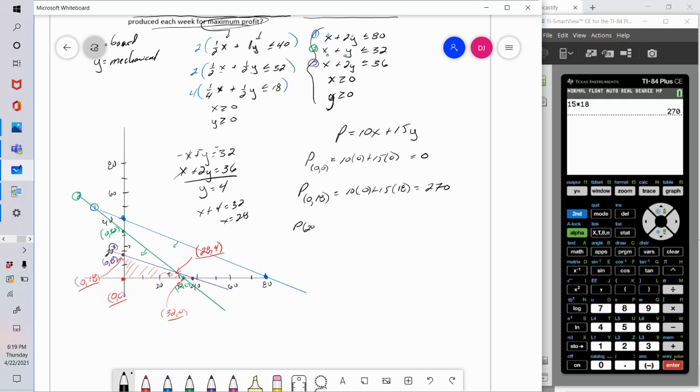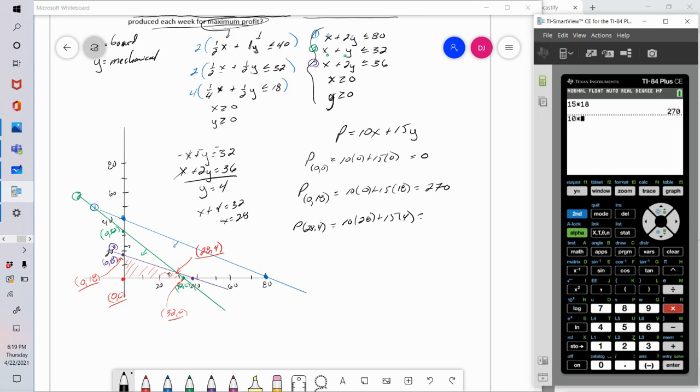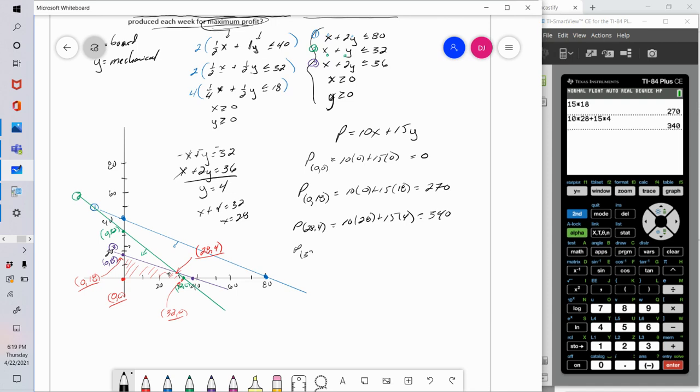The profit for 28, 4 would be 10 times 28 plus 15 times 4, which is 340, right? And then the profit for 32 board and 0 mechanical games is 10 times 32 plus 15 times 0, which is